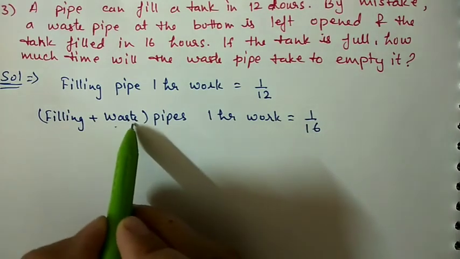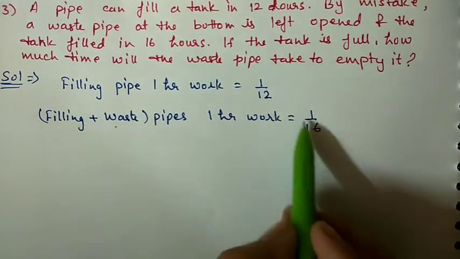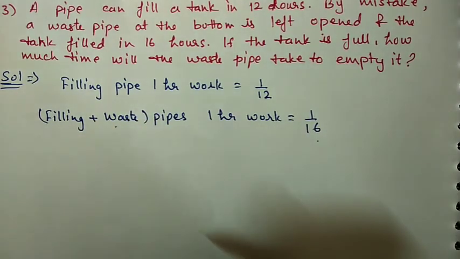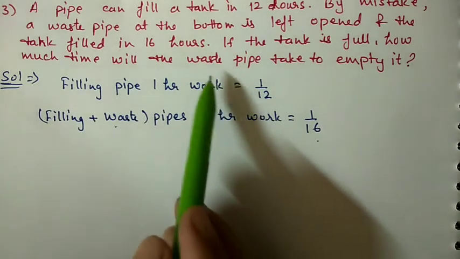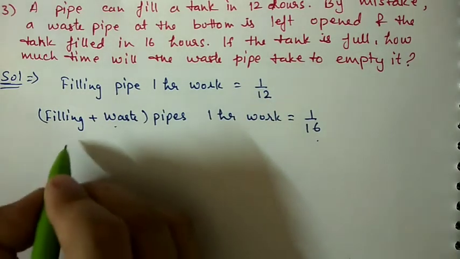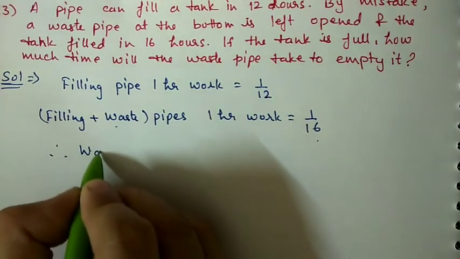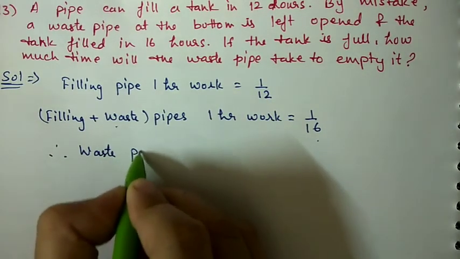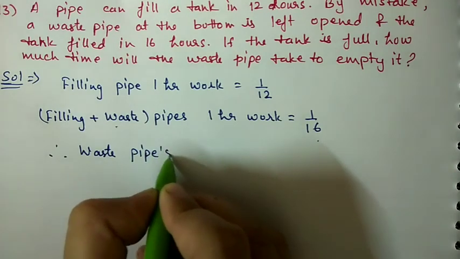Same time when waste pipe also is open and filling is also open, then it is taking 1 by 16. Then we have to find out the efficiency of the waste pipe only, how much time it will take. Therefore, waste pipe's 1 hour work will be